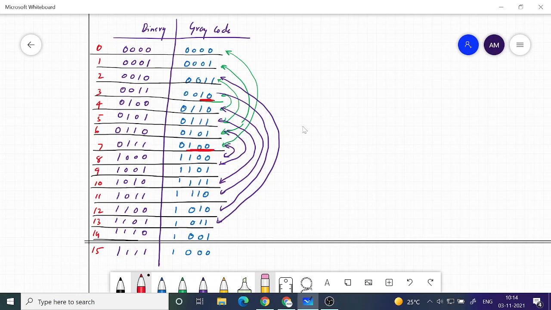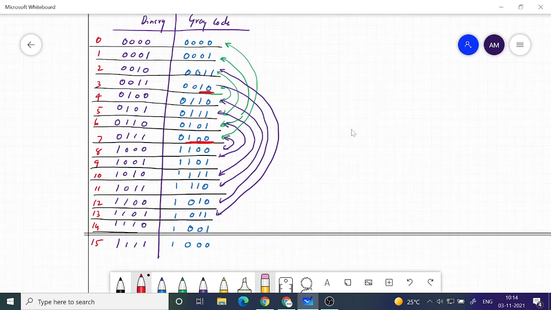So another way you can look at it is that there is a symmetry involved. That symmetry is that whenever a new bit position becomes 1, for example the second bit becoming 1, and you look at the first bit, there is a symmetry like this.